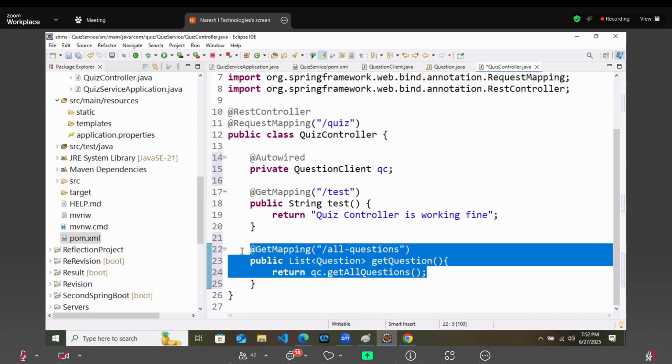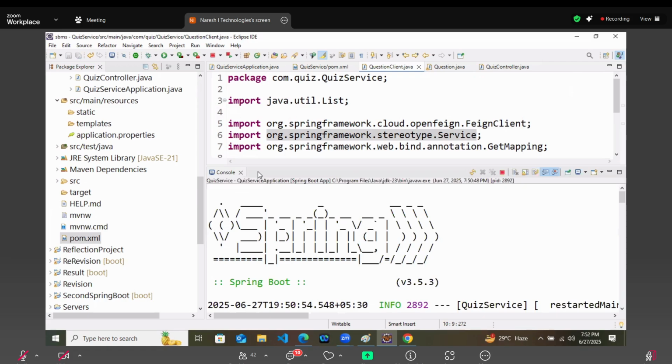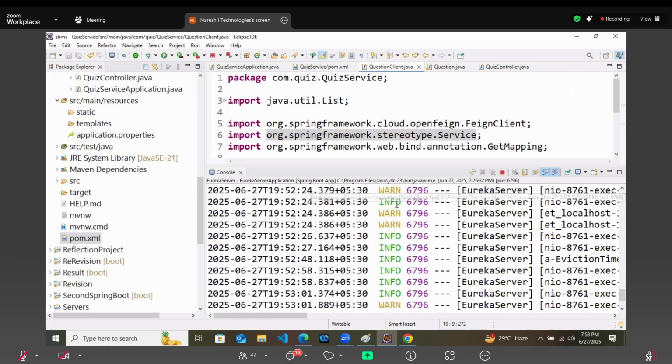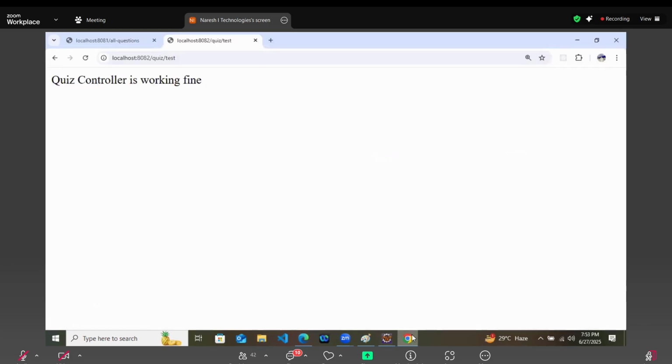So we are using that method now, and that interface is running as a Feign client. So it will talk over. Now a lot of things are happening here. We should check how it is talking now.